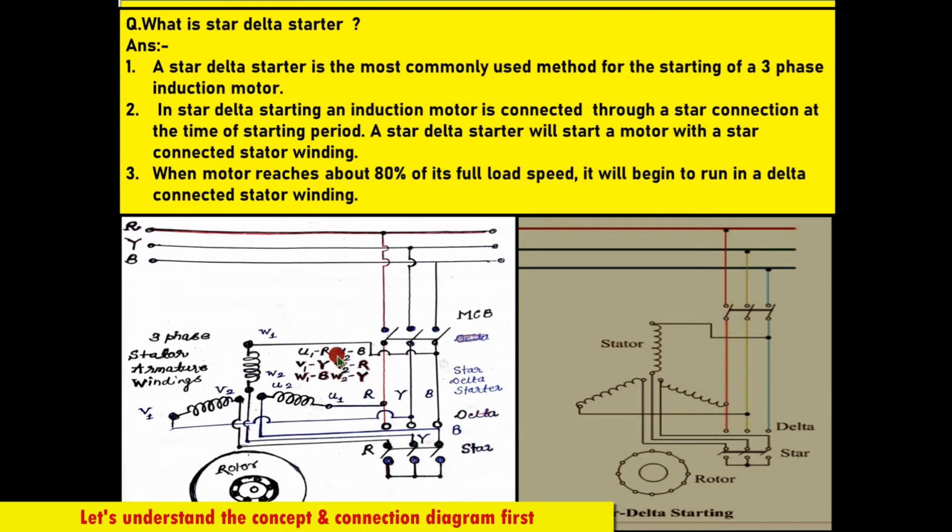तो यहाँ पर एक सीक्वेंस लिया जाता है कि U1 R के साथ कनेक्ट है, V1 Y के साथ कनेक्ट है, W1 B के साथ कनेक्ट है, तो U2 B के साथ कनेक्ट होगा, V2 will be connected with R and W2 will be connected with Y. So phase sequence ये RYB और ये BRY. So guys, U1 is connected with R, U2 is connected with B.